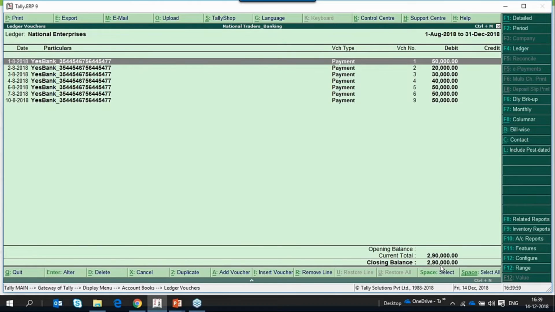If you want to see the balances including post-dated, you have an option to include the post-dated for reports. Click on include, so it will show the balances including the post-dated transaction. So this is how we issue post-dated checks and see the balances including post-dated or excluding post-dated.